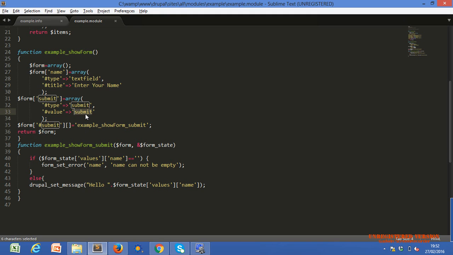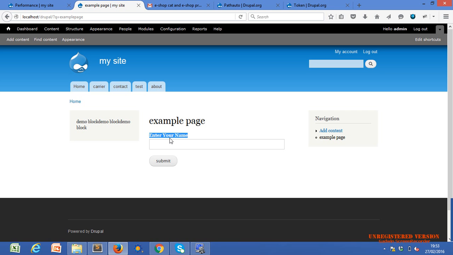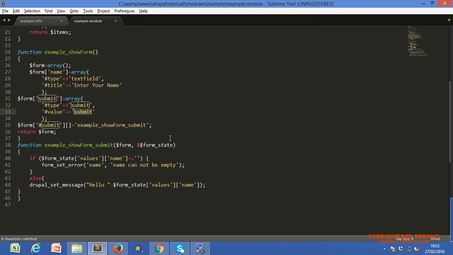Now we have to set one event. Whenever anybody clicks on the submit button, what will be the process, which function should we call? So hash submit, example show form submit.